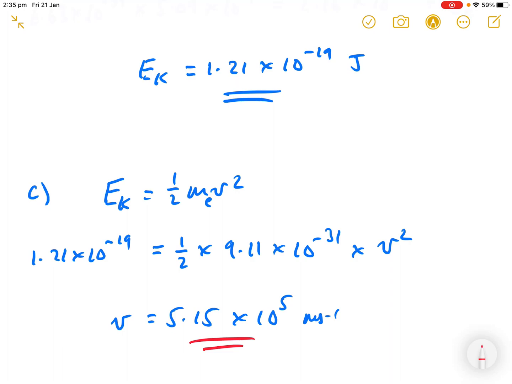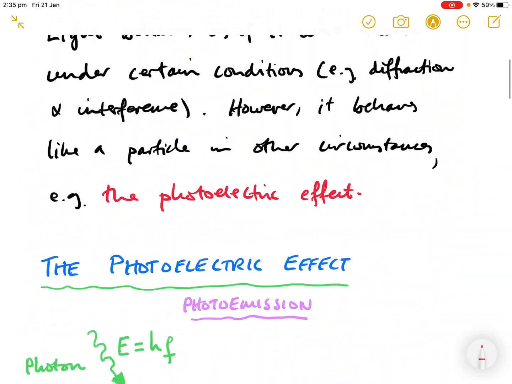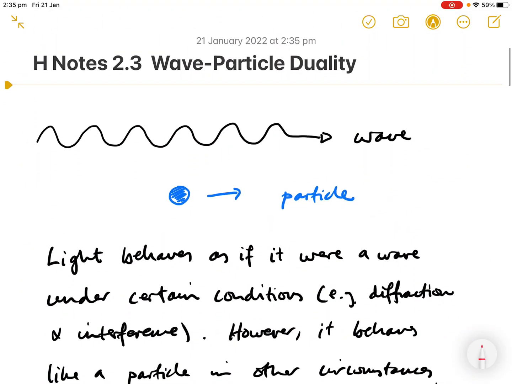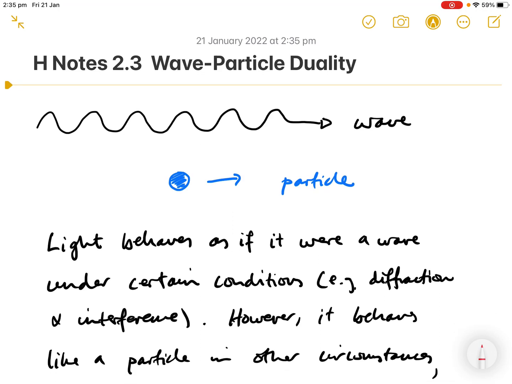Okay. So there is the final velocity. So that brings us to the end of part 1, and I've just realised that I don't think I wrote part 1 at the top, so I'm going to just put that here. Part 1, the photoelectric